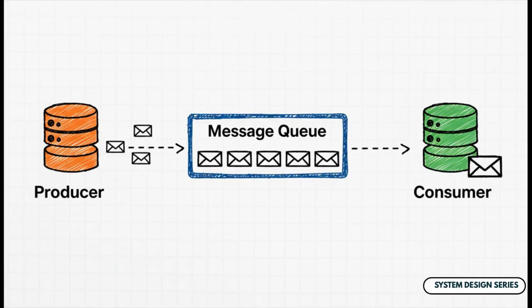At its heart, a message queue is actually incredibly simple. Just think of it as a buffer, an intermediary that sits right between your services. So instead of Service A calling Service B directly and waiting for an answer, Service A just drops a message into the queue and that's it. It moves on. Service B can then swing by and pick up that message whenever it's free. They never even have to know each other exist.